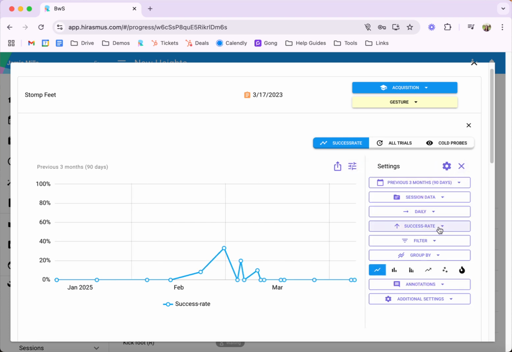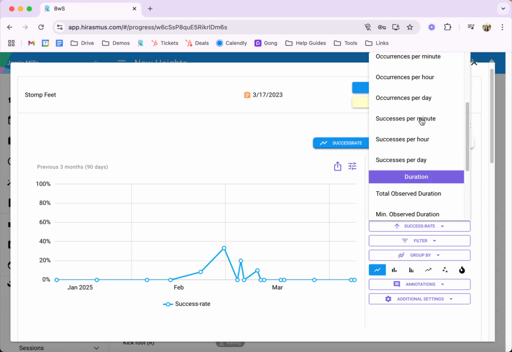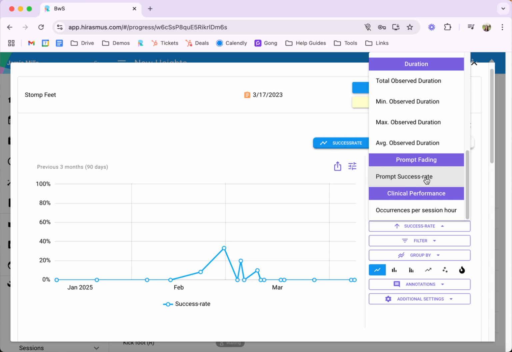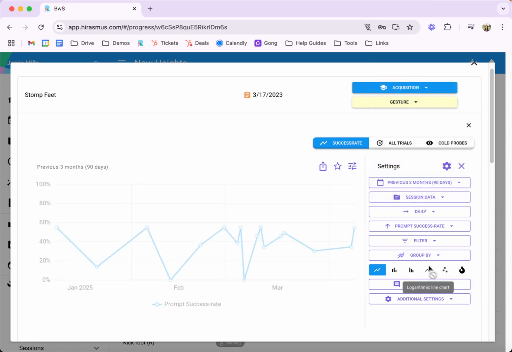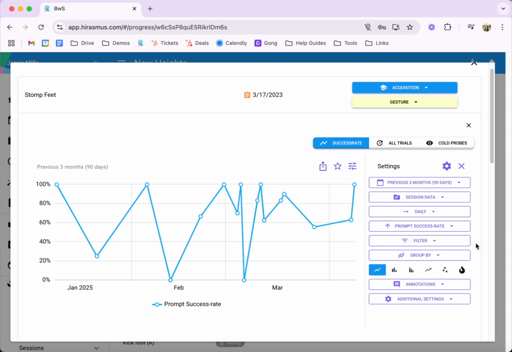So for example, here we have on our y-axis, you can choose the prompt success rate. So what this is showing is your prompt level that was showing on each trial compared to the prompt level that was selected. So if the prompt level that was showing is the same as the prompt level that was selected, it's considered a successful trial. In addition, if the prompt level selected was a less intrusive prompt than was showing, it's also considered a successful